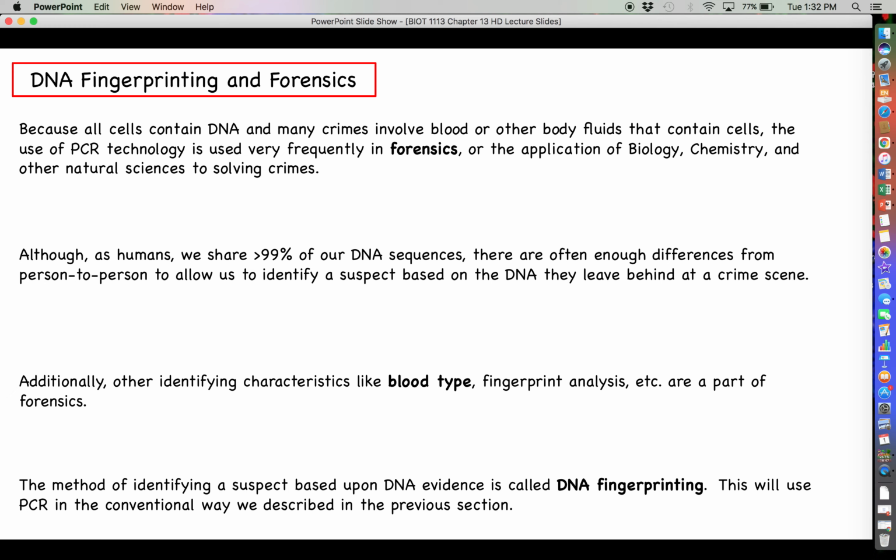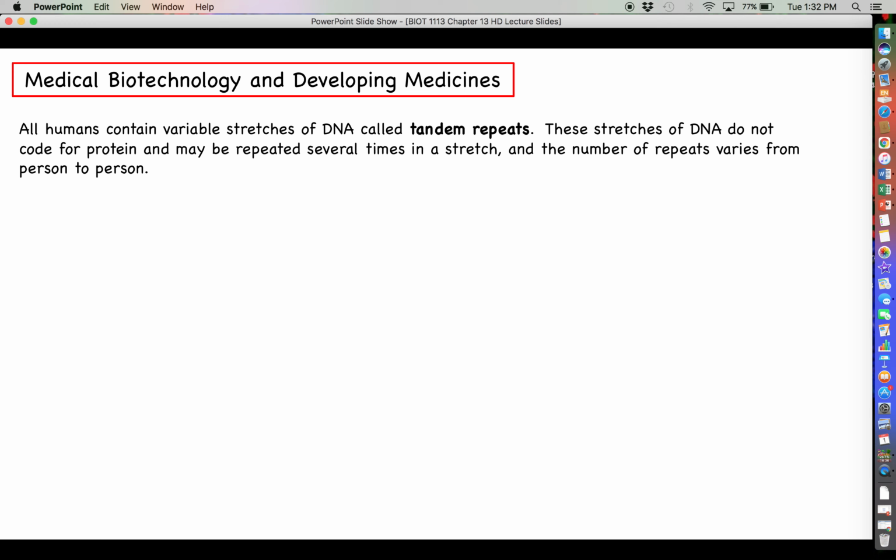So DNA fingerprinting refers to the method of identifying a suspect based upon DNA evidence that is left behind at the crime scene. So we are going to use conventional PCR in the way that we described previously. But what we're going to actually be looking for here is